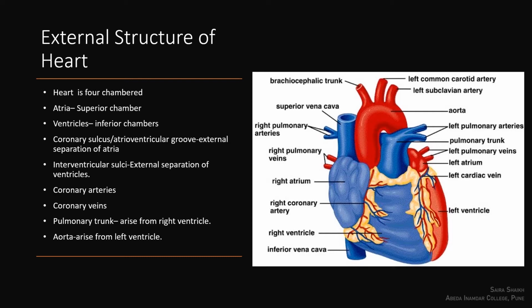The coronary sinus is the region where the coronary vein opens and releases the deoxygenated blood. The coronary vein collects the deoxygenated blood from the wall of the heart, particularly from the myocardium region. While the coronary arteries are the blood vessels which carry the oxygenated blood towards the wall of the heart.